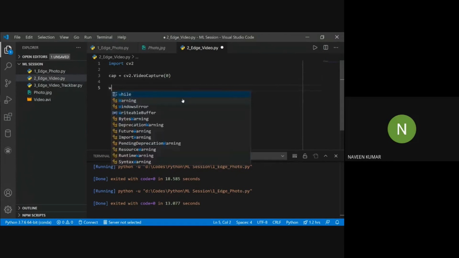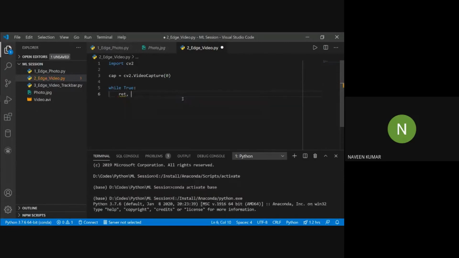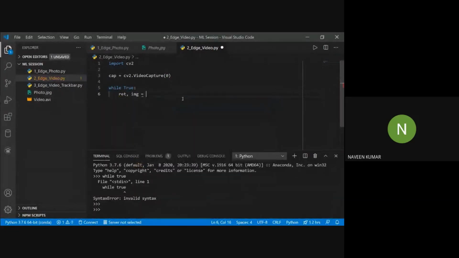For infinite time I will capture. I will read frame by frame, and it will read frames and store each frame into this img variable, and it returns a value that tells whether it was successful or not.